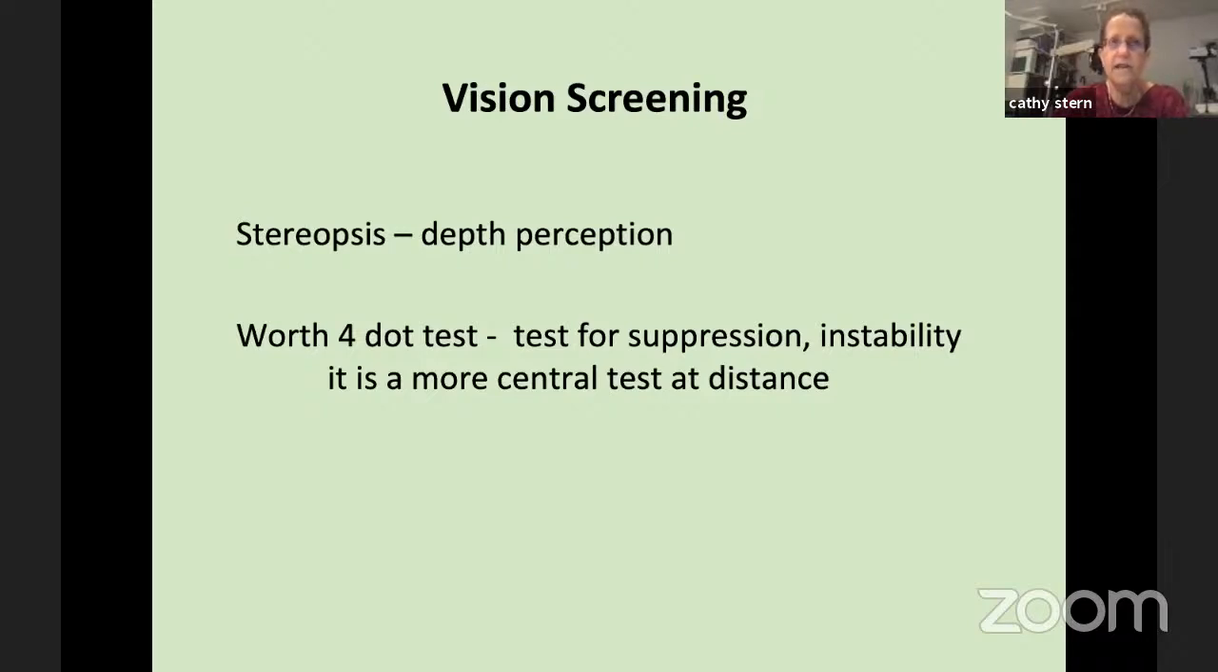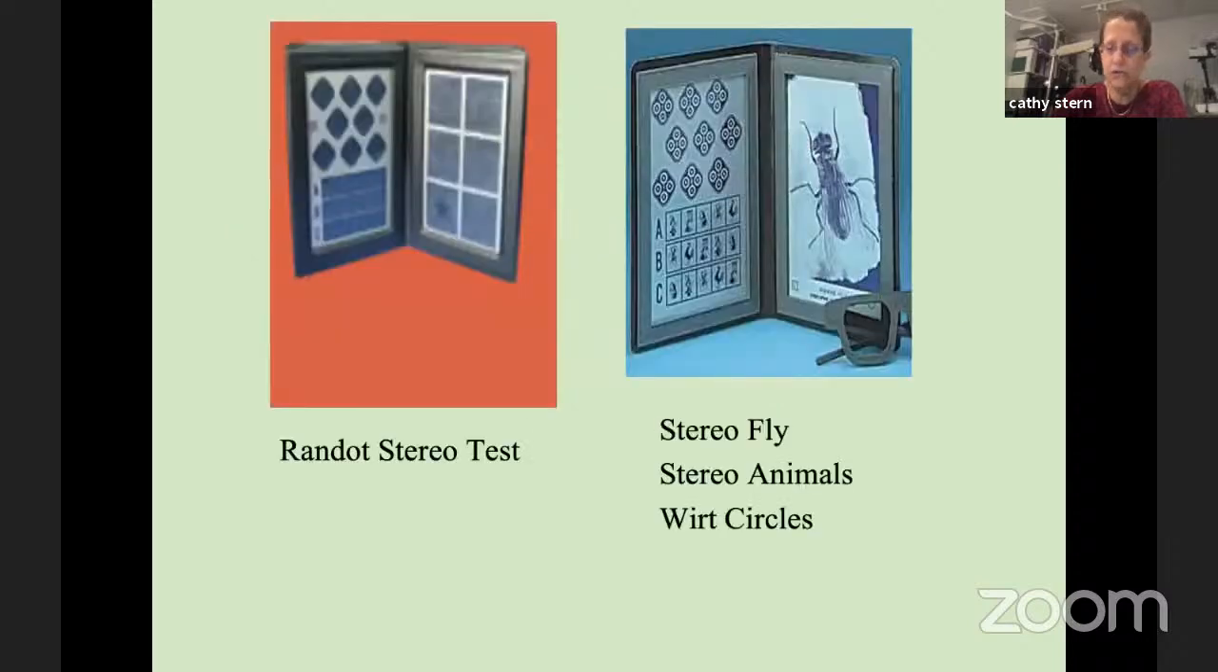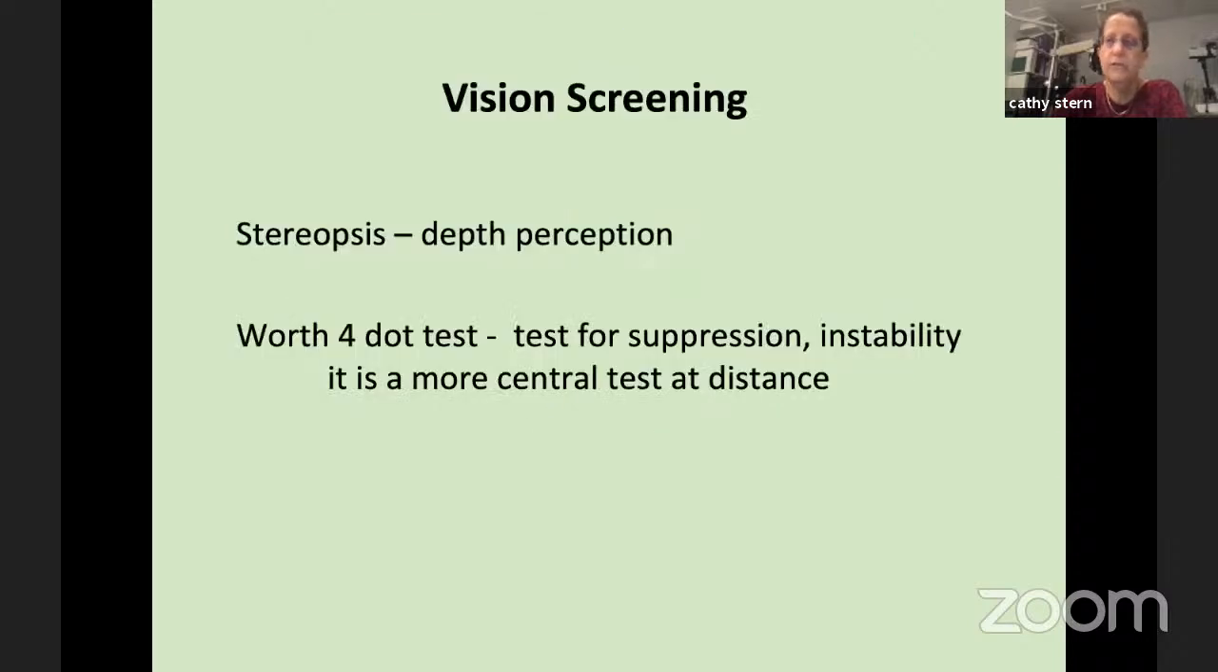Especially at near, I tend to hold the flashlight of the Worth 4-dot test in front of the patient for maybe 30 seconds to a minute and see if, other than the bottom dot changing color, which is normal, anything seems to change. Do any of the dots go on and off? Do they move left or right? Do they move up or down? And you'd be amazed at how sometimes you stand there and within the space of even a minute, it changes